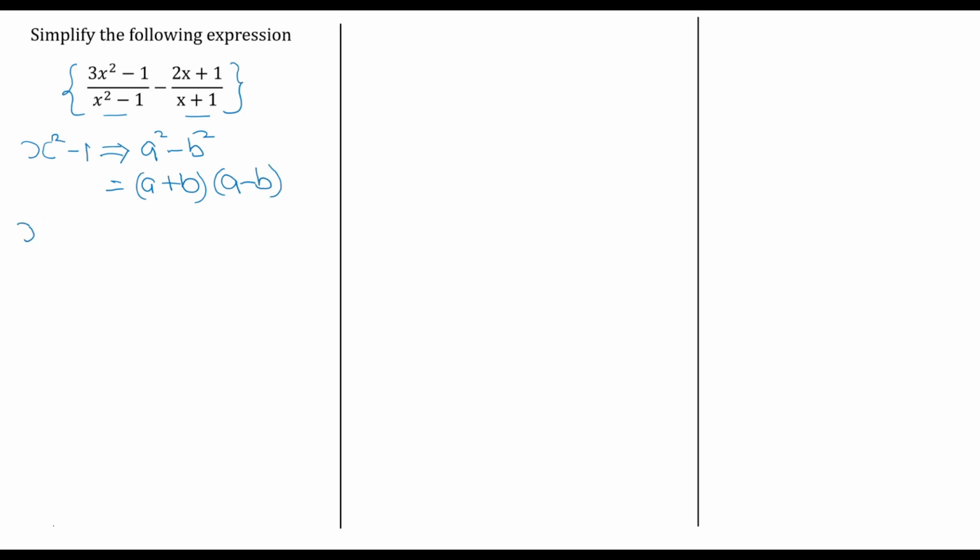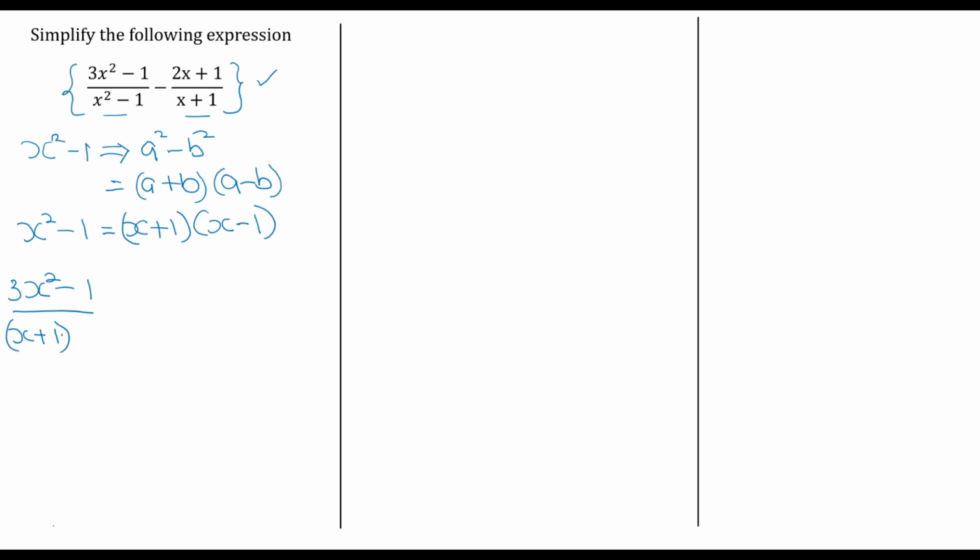Therefore, x squared minus 1 is the same as (x plus 1)(x minus 1). In this particular case, we write this expression as